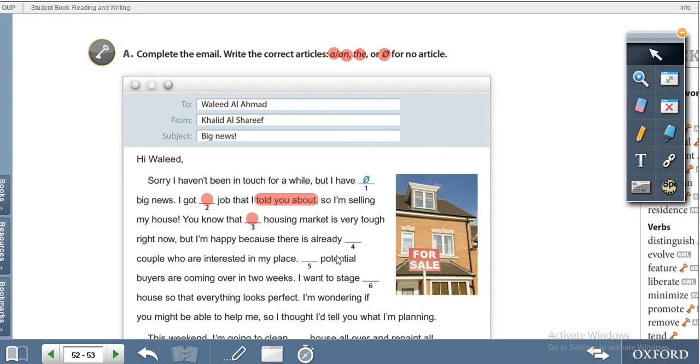So let me summarize what we studied in this session. Yes, the first one was descriptive essay. And descriptive essay, what is descriptive essay? Descriptive essay is when you describe something, it has three parts: introductory paragraph, body paragraphs, and concluding paragraph. And then we studied the articles. We have two main kinds: definite and indefinite article. A and an are indefinite articles,